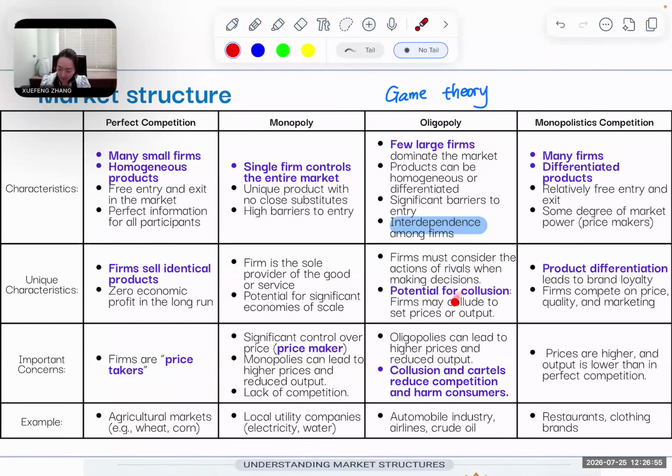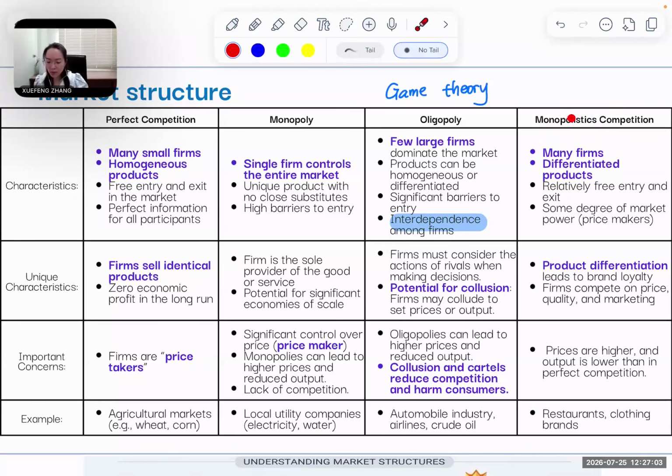Right? They make collusion. The last one, monopolistic competition. Okay, many firms, but differentiated products. All right, differentiated means different. Relatively free entry and exit. Some degree of market power. Okay, just some